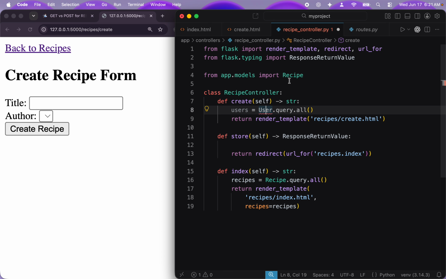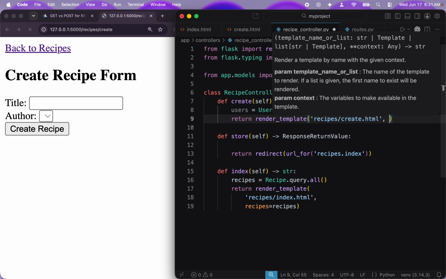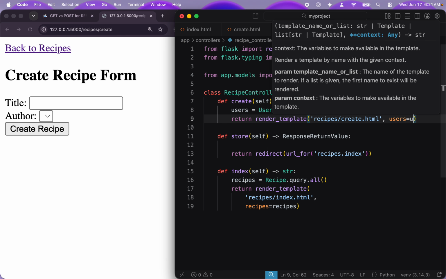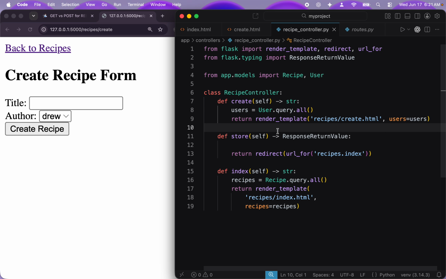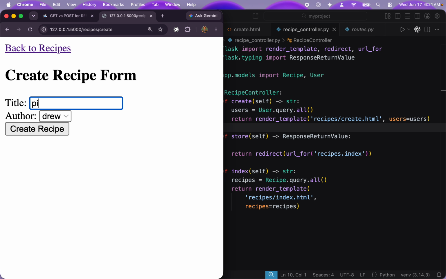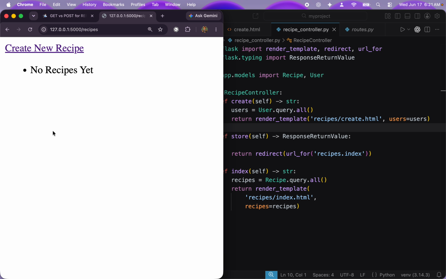And I don't have user here, so I need to import it from my user model. And I need to pass it along. Users equals users. Okay, now there we go. We got all 3 users right there. Perfect. Okay, so now if I fill this out and say Drew's gonna make pizza and press create recipe, I'm